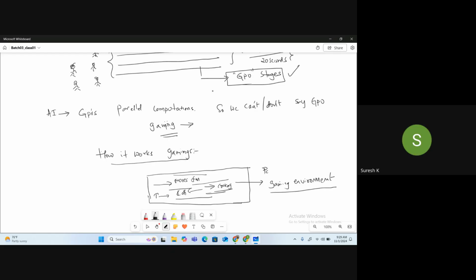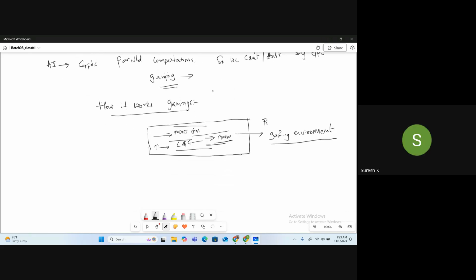In a gaming environment, all elements, all attributes, all features work at the same time, right? That is the reason they are highly employed. It depends on the GPU capability. People say that if you have a more powerful GPU, the gaming experience will be high, because it supports the multi-threading concept. Clear, right? Yes.